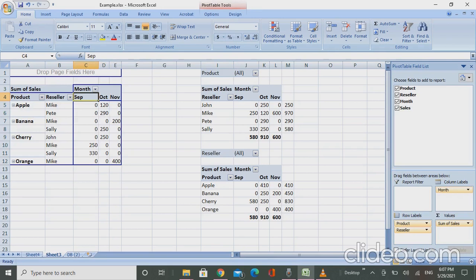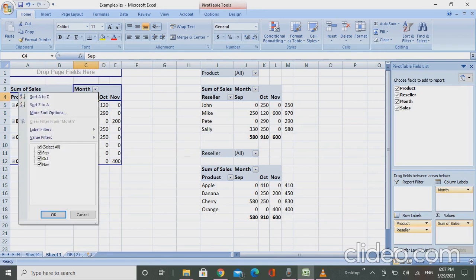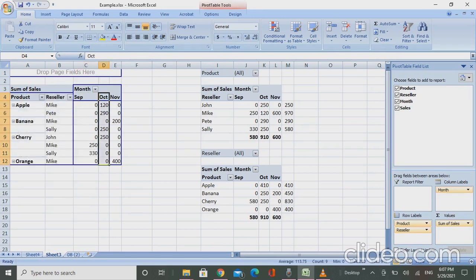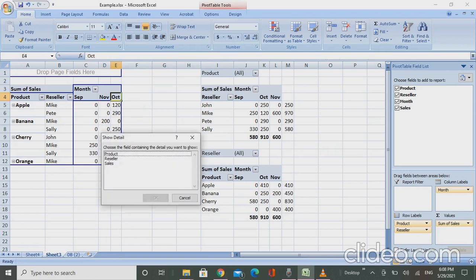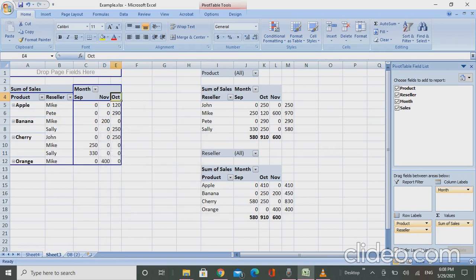Let me take the example of October then. I'll take October from here to the right of November. Yeah, this is done. So that is how we can change the placement of a pivot table column. Hover around that column and just drag the column to the place you want it to be. Yeah, it's done.